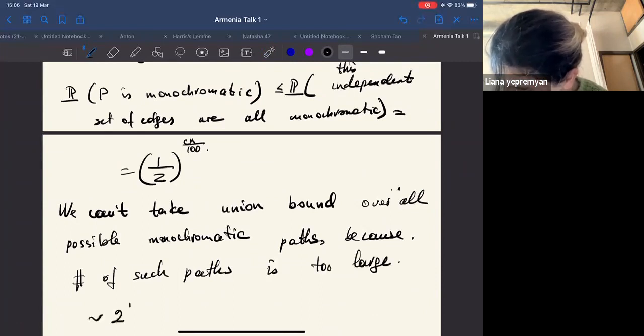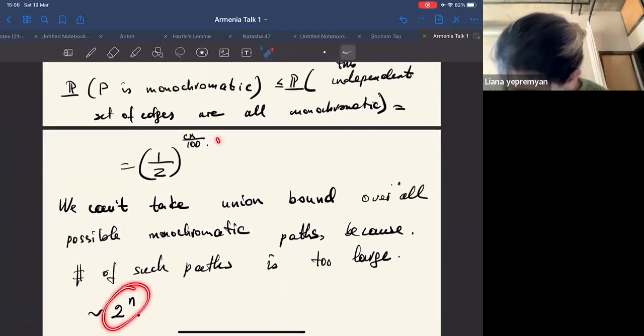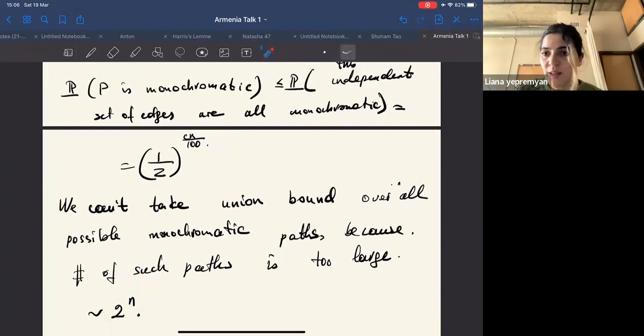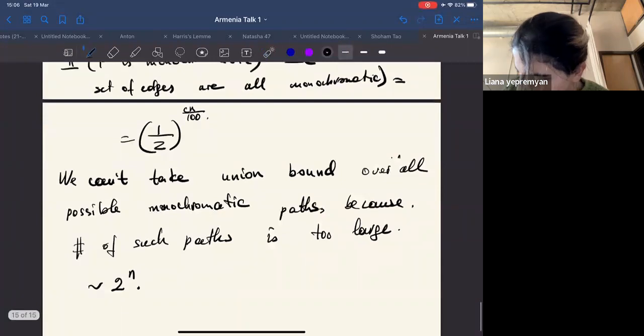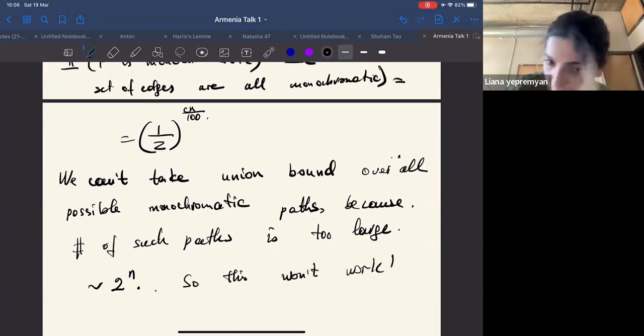Of order 2 to the n. So if I multiply those two numbers, I'm really going to be in a bad shape. So the union bound won't work. So this won't work. And what we'll do now is, well, not now, in the next lecture, we'll see how